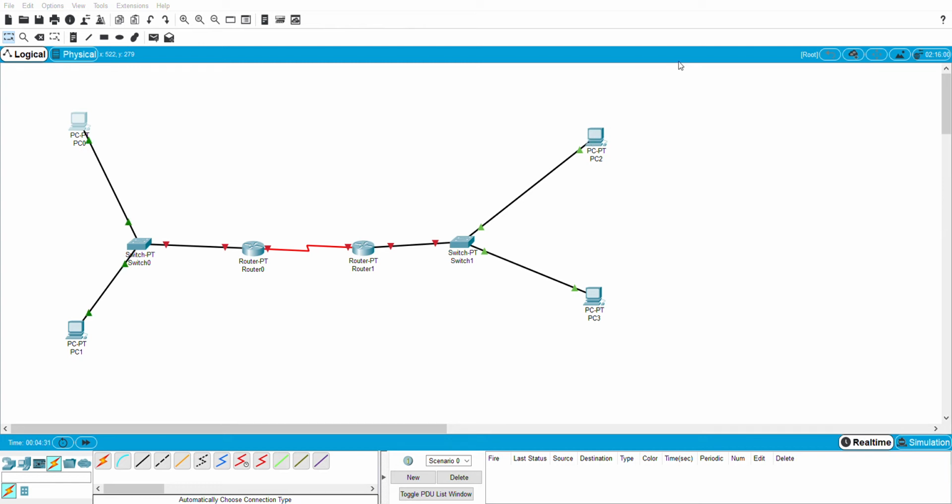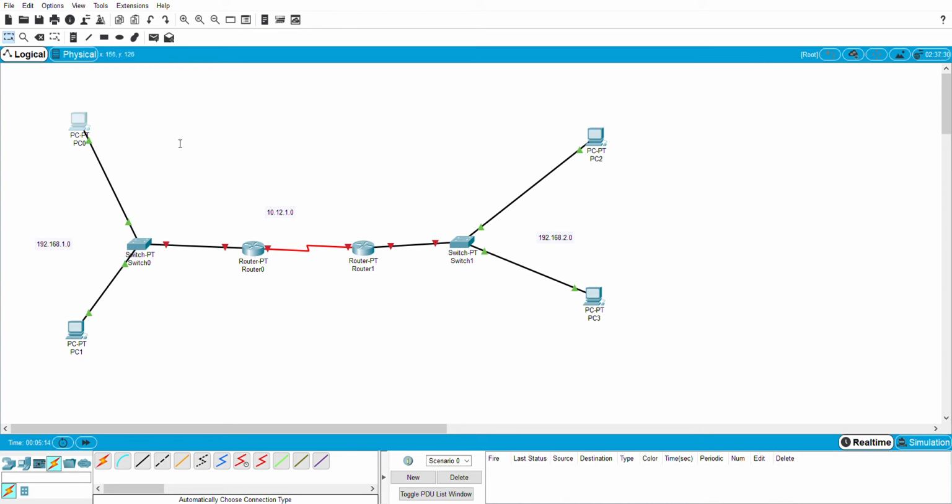Okay, so first we'll assign. We'll see the domain name for this one. So we'll take a note. 192.168.1.0. This is one network. Similarly, this is the second network, 192.168.2.0. And this is the third one, 10.12.1.0. Now in these three different networks we have to assign the IP addresses.